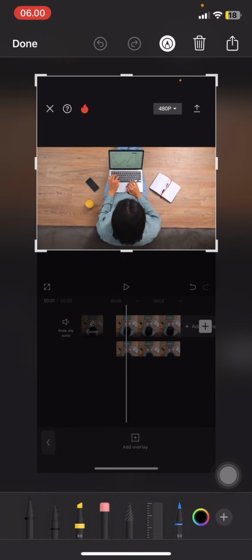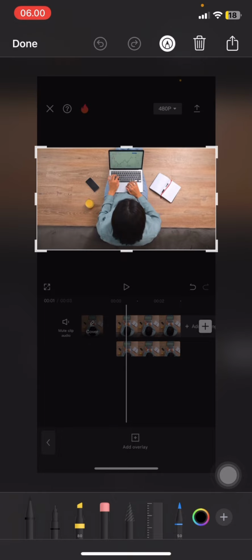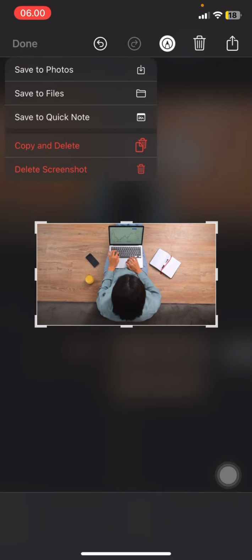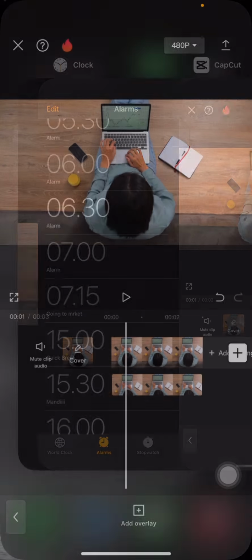And go click done. Save into the photos, and now you already have the photo with the emoji removed